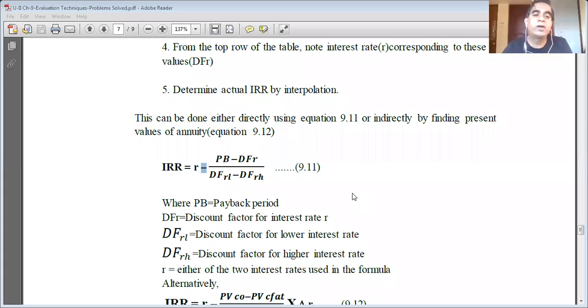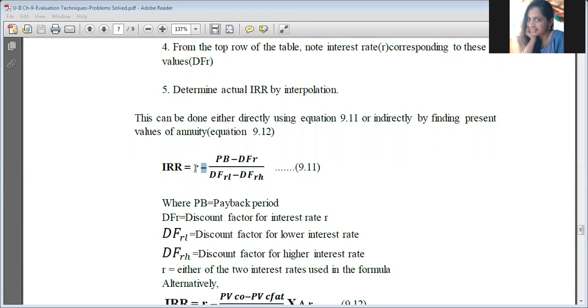Since we are going to consider two interest rates, one higher, one smaller, in my example 8% and 9%, the internal rate of return will be between 8 and 9. So this minus sign is correct as long as I choose the higher interest rate, 9%. 9 minus, because the internal rate of return will be 8 point something.